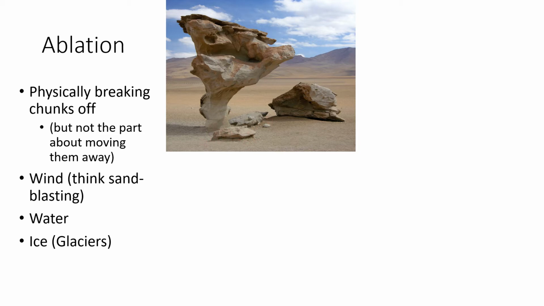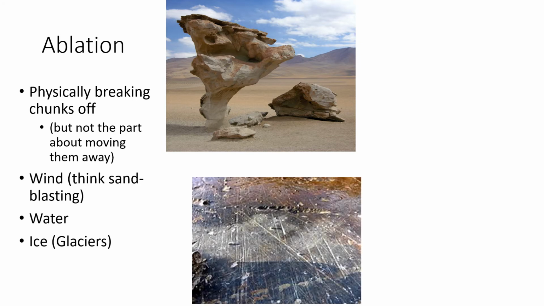You can also do it with glaciers. There are some neat glacier marks. I know we don't live in an area where we see them very much, but you can find where glaciers have slid across the top of rocks, and it just scratches them up. A way to think about why it's important for the weathering, as opposed to the erosion, is your car. As long as your paint job is in good shape, nice and smooth, it'll resist rust really well, or it'll resist other corrosions.